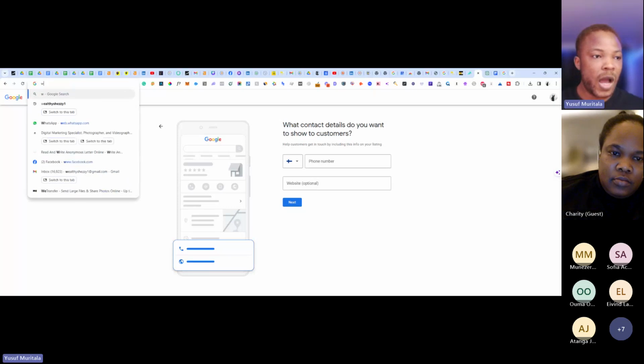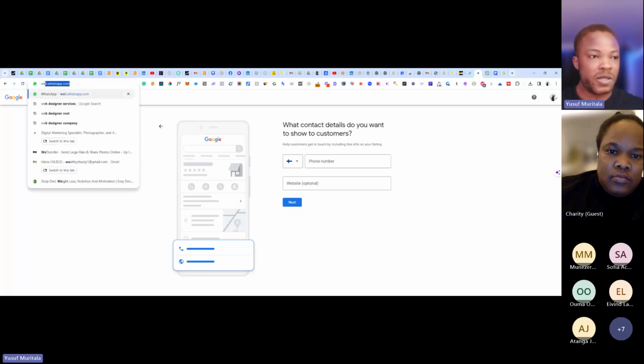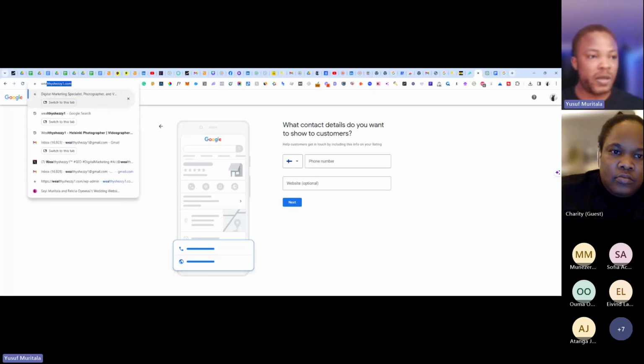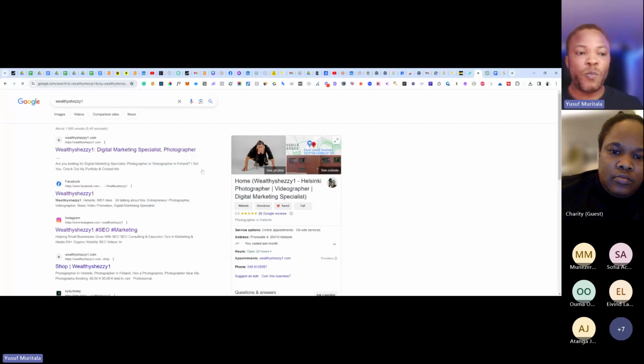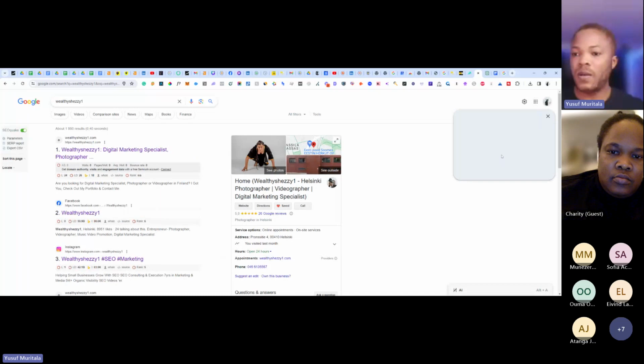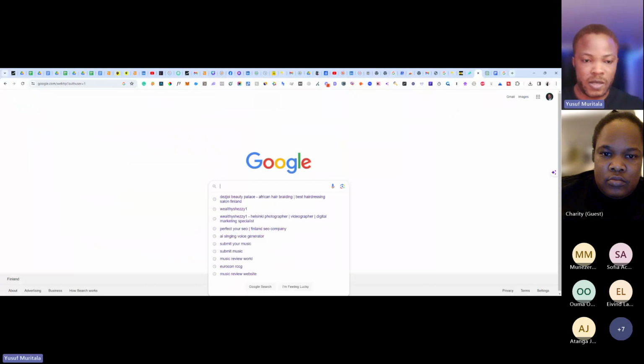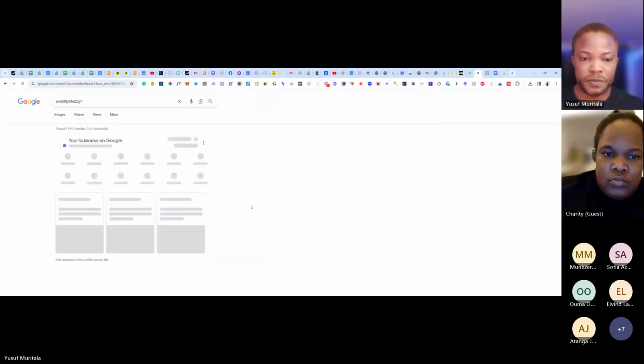Let me just use my own page. All right, let me just change it here.